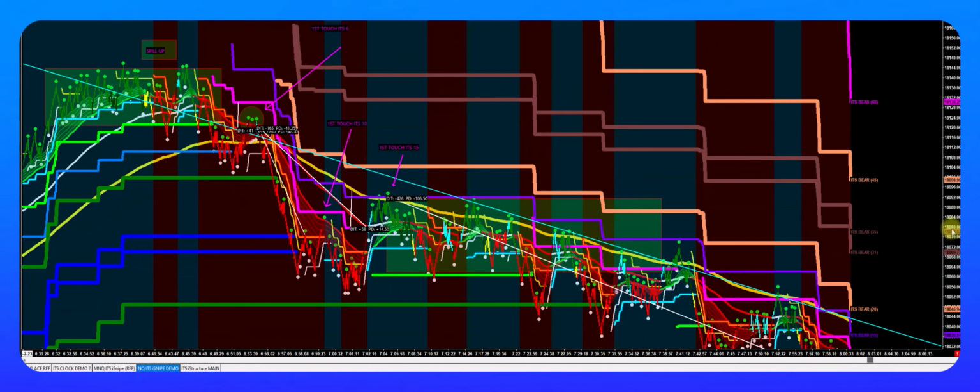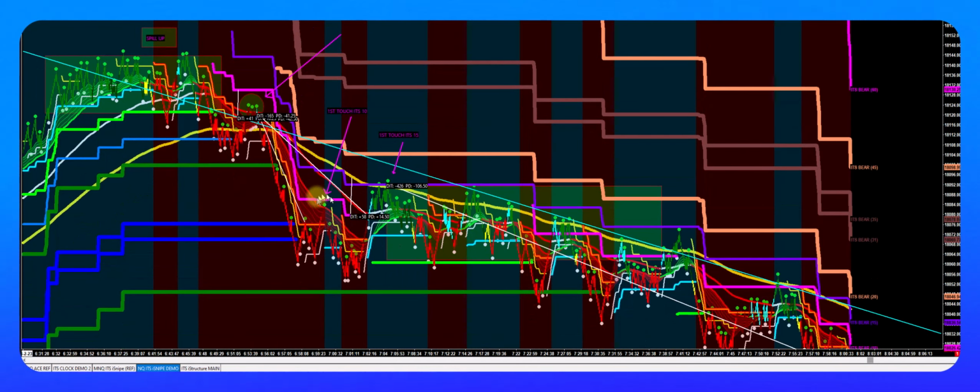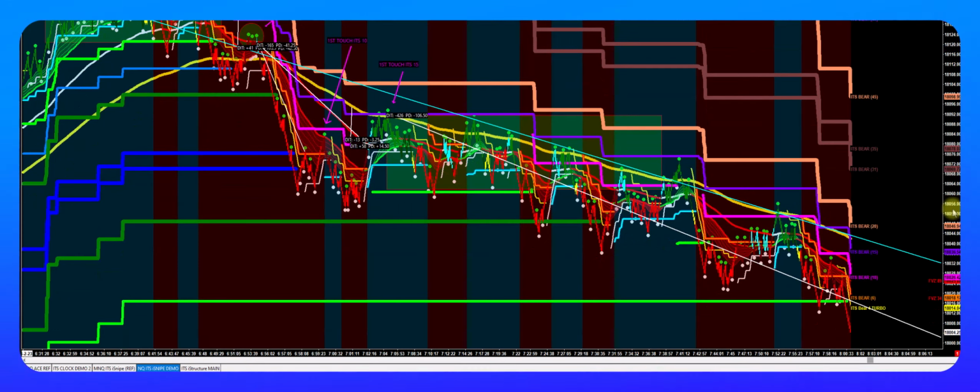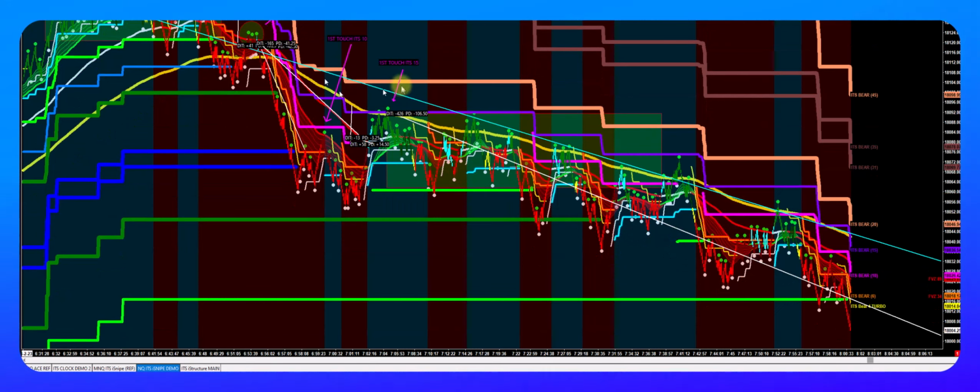Let me just spread this out here a little bit. We could either take the trade here and get stopped out when price came in here, or if we kept it again at that 12 to 15 point area, we actually would have been able to follow the trade all the way down. And you could see that if we stayed in that trade, we could get that 100 points. If we got out, either because we were taking the exit on the 6, exit as we passed through the 10, but we took the rest of the entry rolls, which is a first touch of the 15,